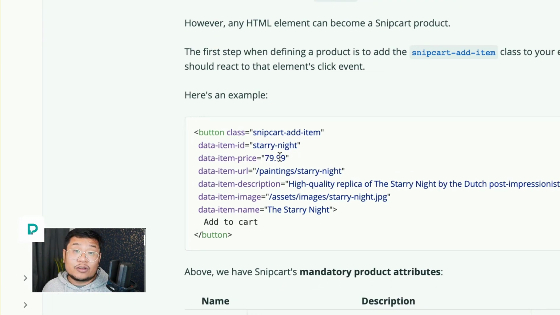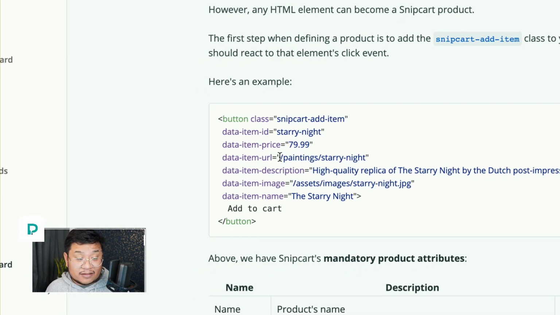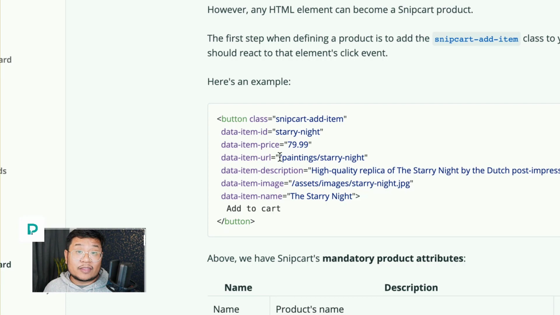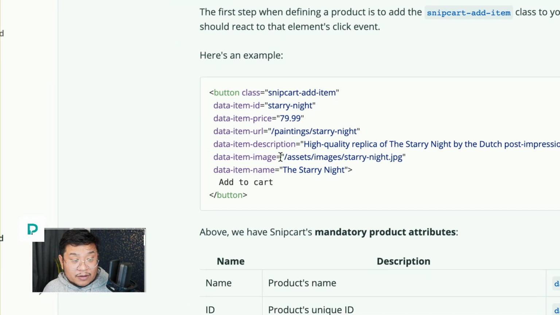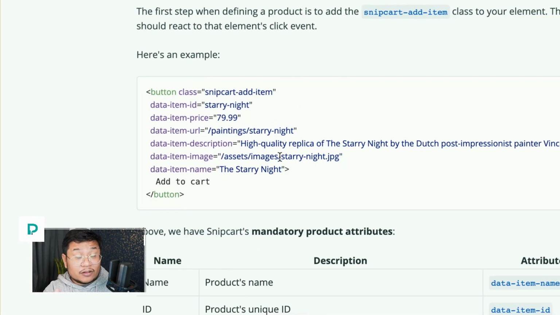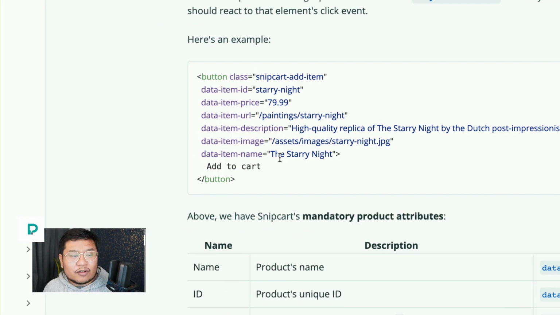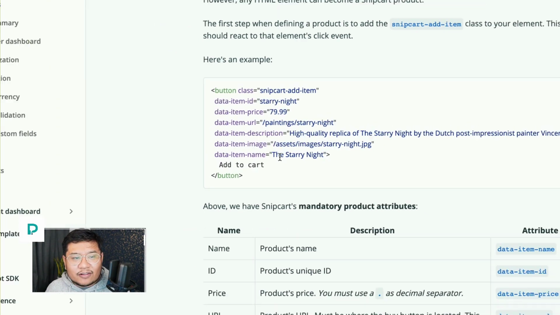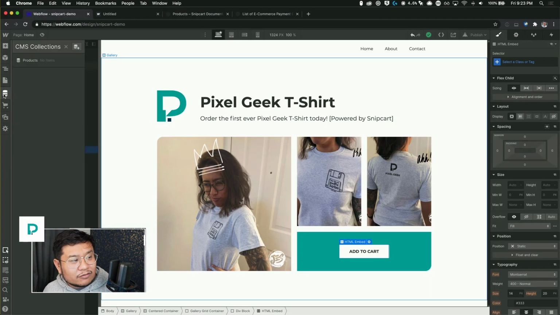Item price, we'll use a number field. Item URL, again, that's the slug, but with the collection name as well. Description could be a text field. Item image is an image field inside of Webflow collections, and the item name is the name field. So you would just need to create these fields inside of a Webflow collection, which I already have.